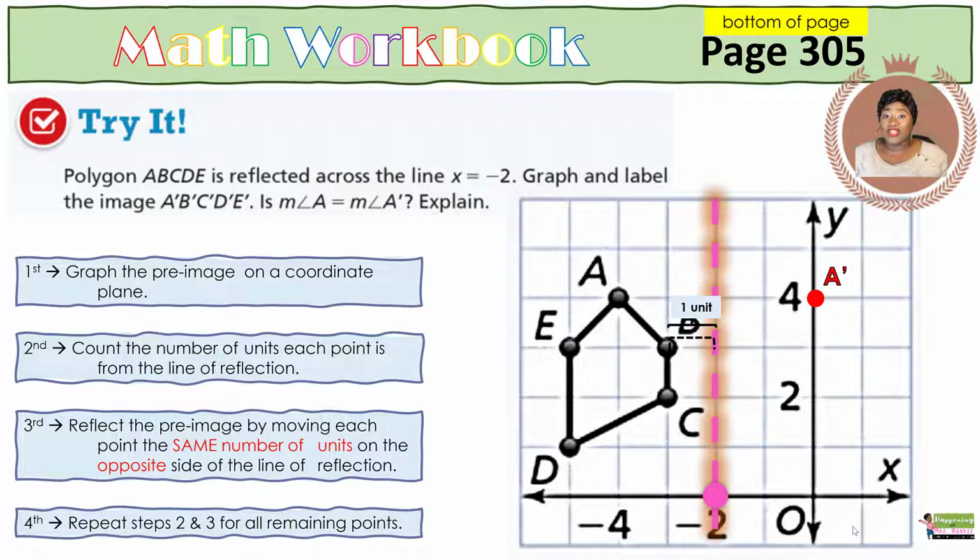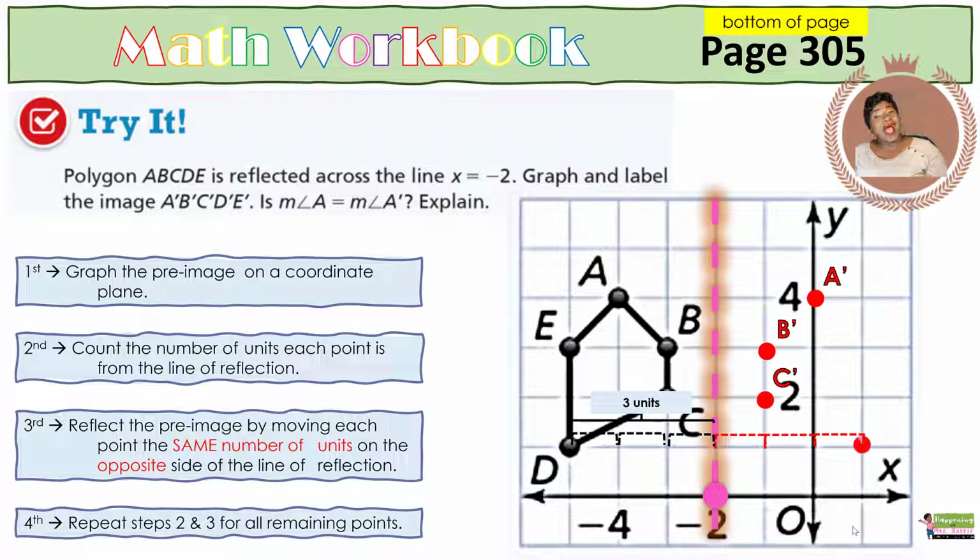Point B is 1 unit from our line of reflection, so we'll go 1 unit in the opposite direction. There's our B prime. Point C, it's only 1 unit away from our line of reflection. That'll yield our C prime. Point D, it is 3 units away from the line of reflection. Therefore, we will go 3 units on the opposite side of the line of reflection, and this will yield our